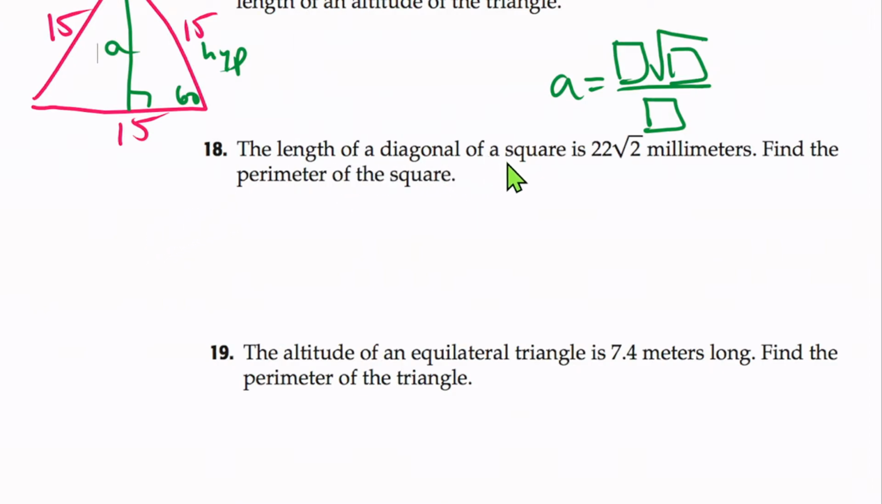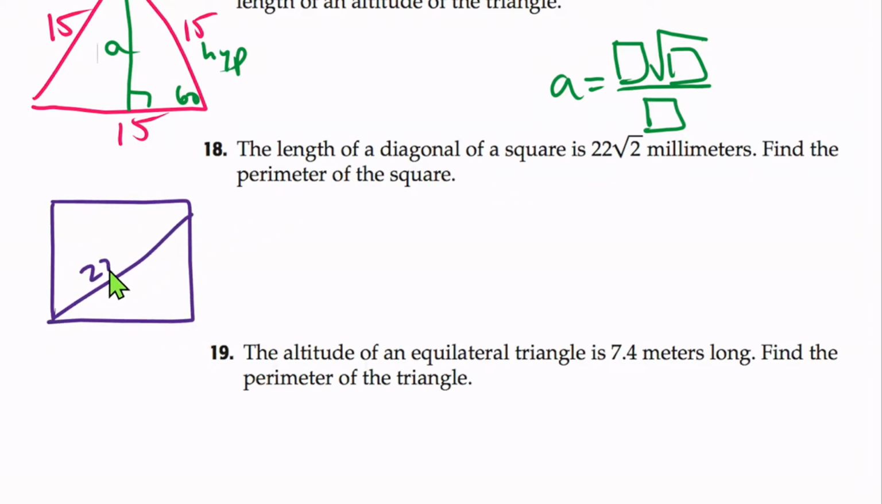The length of a diagonal of a square. Okay, so the diagonal is 22 times the square root of 2. Find the perimeter. Okay, let's see. We got a square. The diagonal is 22 square root 2. You got to know diagonal means across the square. Find the perimeter. So we're just going to find one side, right? And because it's a square, we're going to multiply by 4, right? So the perimeter is just going to be 4 times one side. So let's find one side. What's that going to be? Well, you gotta realize in a square, all the angles are 90, so it's a 45, 45, 90, and